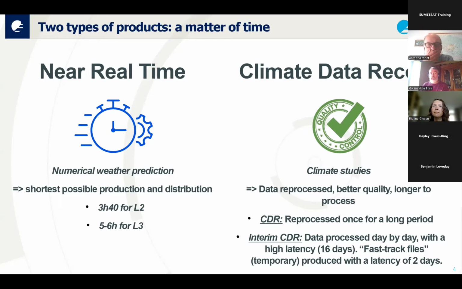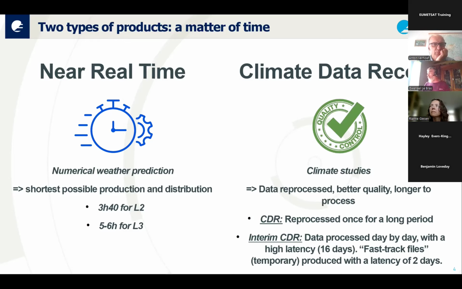The faster the data comes to the end users, the better. So the choice is always made to produce the data at a faster rate over high quality. So if you as users need the data from the same day with the shortest latency, the shortest production time, then you should go for